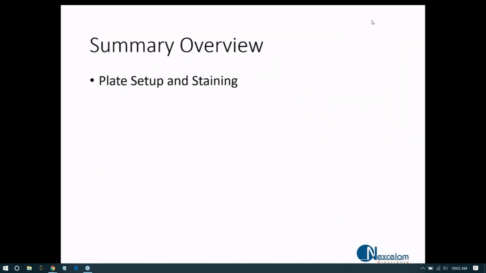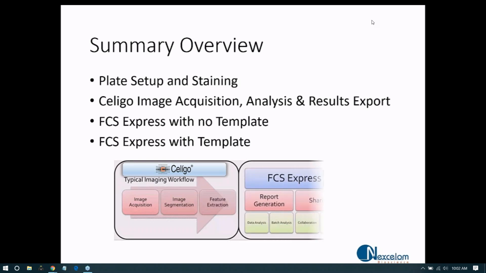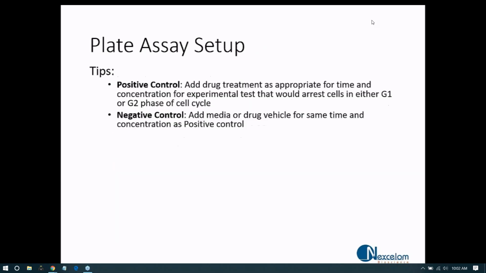So just to give you an overview of what we're going to cover today, it'll be the plate setup and the staining. Then we'll cover how to acquire the images, analyze them, and export the data results for that image set. And then we'll import that into FCS Express without a template, meaning something that's already set up. We'll teach you how to make a template and then re-import that data using the template that we've just created. So this will be something that you can use over and over again for the next set of samples